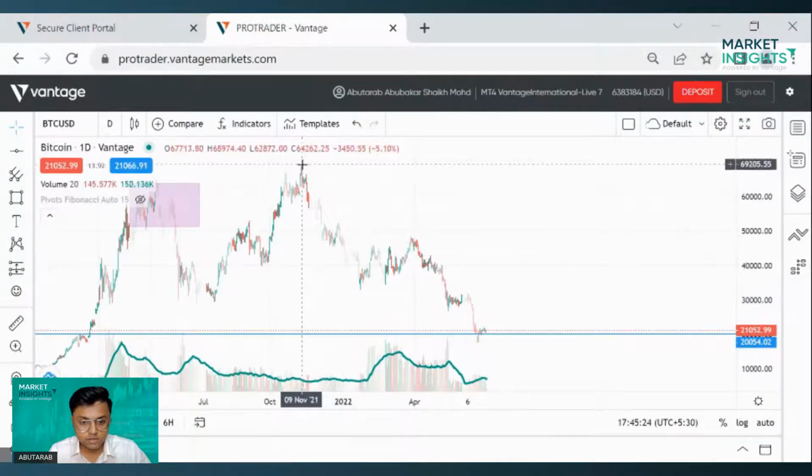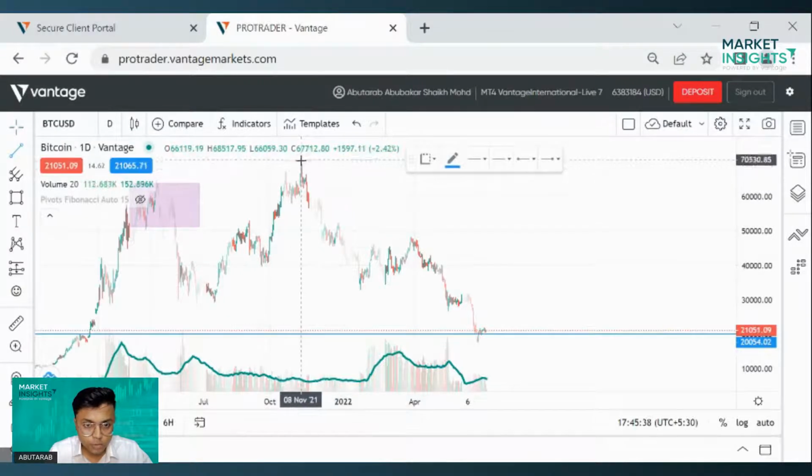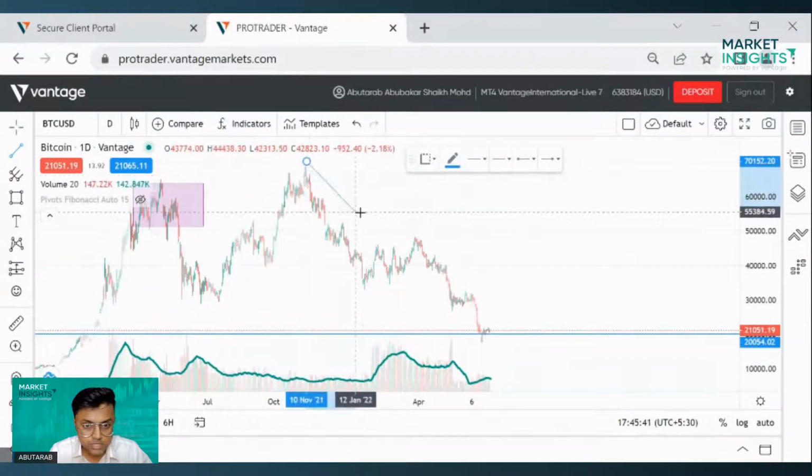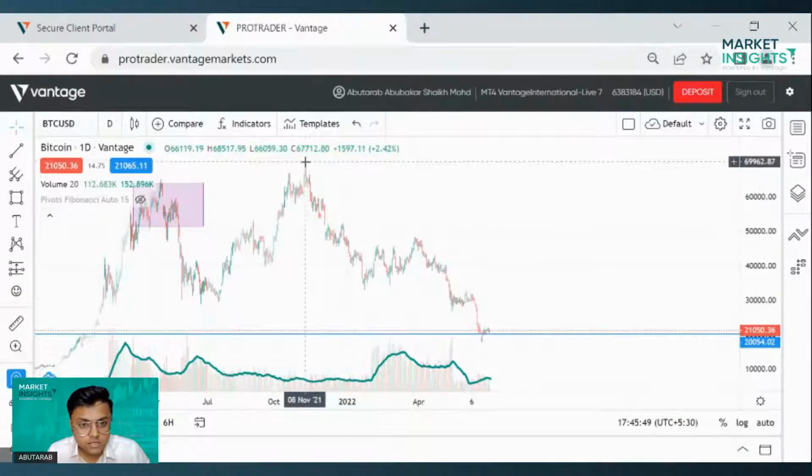Look at this. Okay, this is November 2021. Remember the dates also. Dates are also very essential in this. So in November 2021 it peaked. Right here it peaked, right? So we will draw a trend line here. The top point, we can select this as the top point. Okay, I will just have to switch on the magnet. Okay, so we can get this